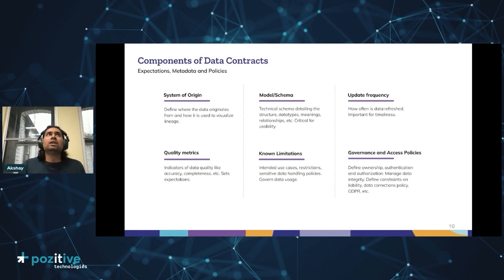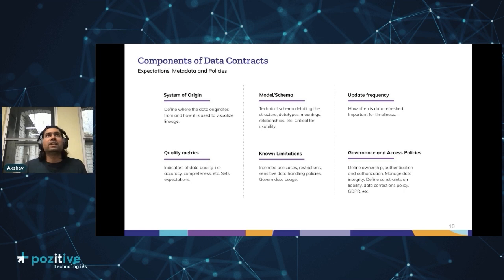If you have encountered any sort of limitations based on the conversations that you have with your data producers, it's also a good idea to start documenting that somewhere, so that people who are consuming your data are aware of those limitations, and that may inform whether it's suitable for an intended use case or not. And if there are things like sensitive data, it's also good for the consumers to know that beforehand, so that they don't put it in a place where it may not be intended, and so on.